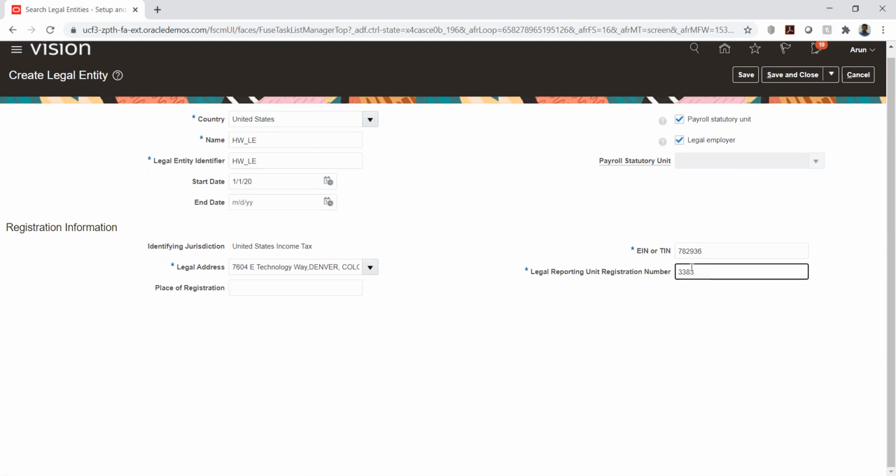This legal entity address you can define somewhere. It is coming with license. No, it is not with license. We have something called geographies. Using that, like location, we create the legal address also. Yes, correct. This is similar to our EBS. We will create the location. Since I have created it already, I'm just using what I have created.